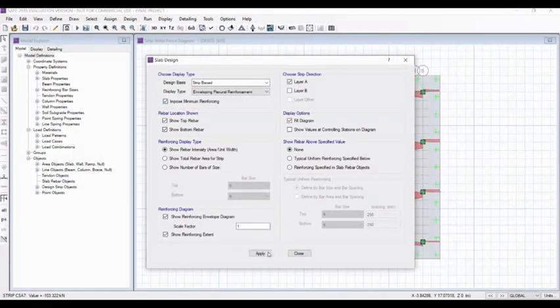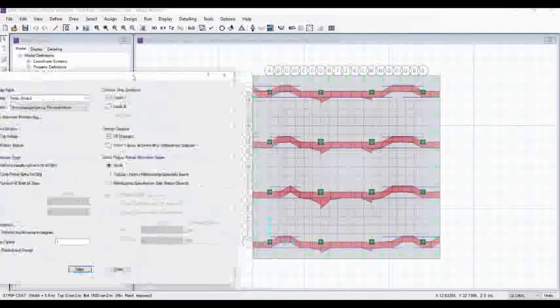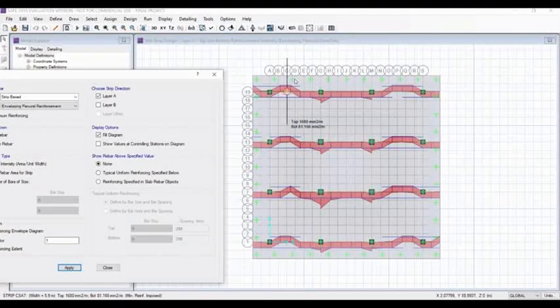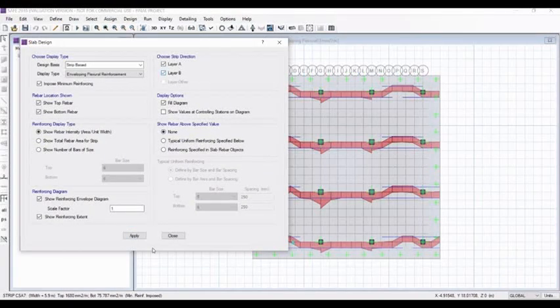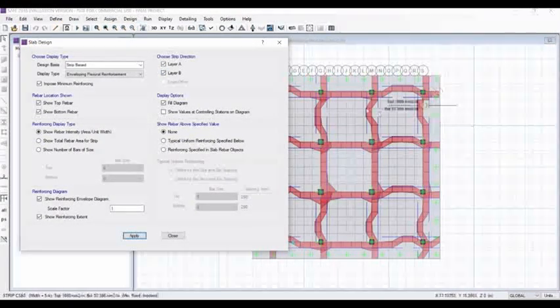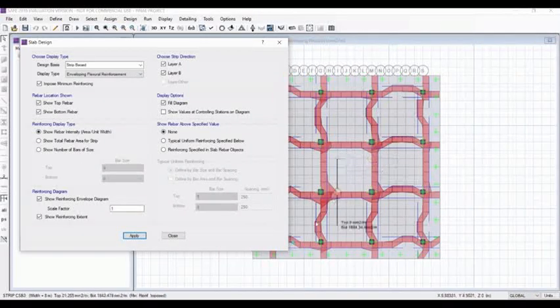We will impose minimum reinforcement, layer A, and we will apply the force, and we can get the minimum reinforcement, and by hovering the mouse cursor over it, we can get the top and bottom reinforcement needed for this foundation. We can do the same for layer B as well. You can apply it, and we can get B.